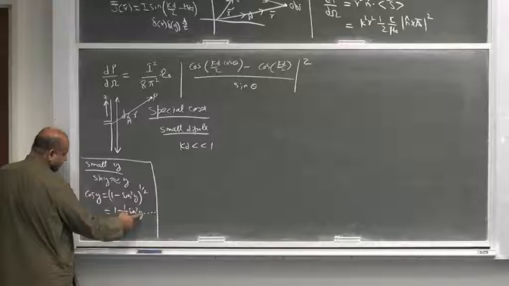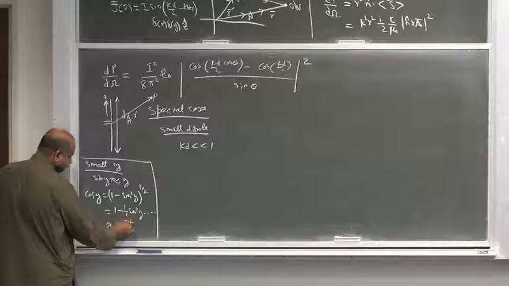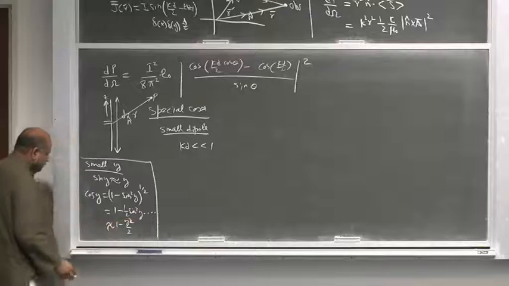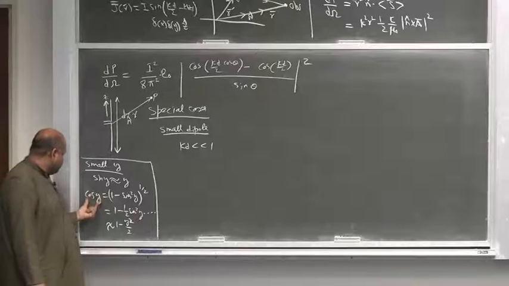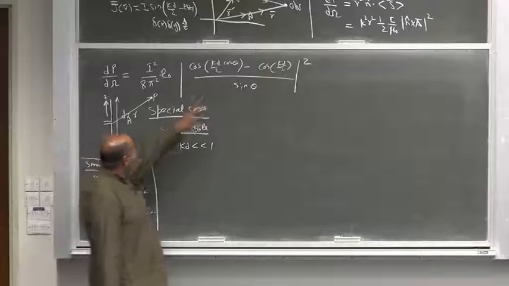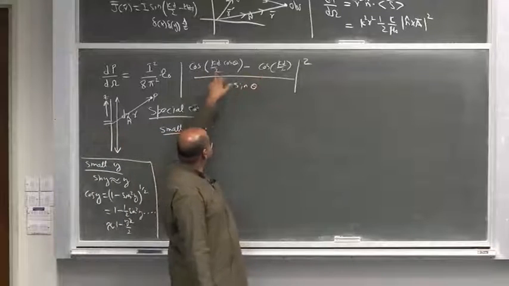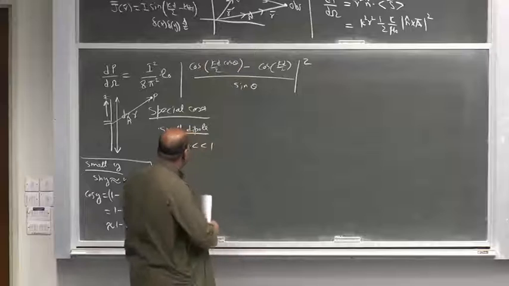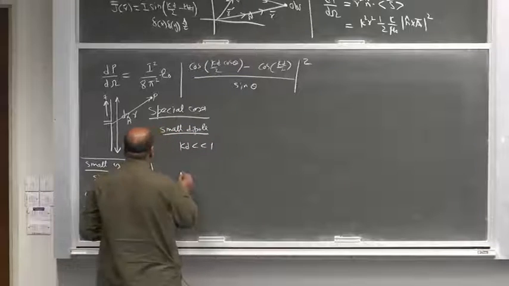So this sine y can be approximated with y, so this is y square. So for small argument, cosine can be approximated with this thing. So if you make the approximation here, 1 cancels with 1, and if you combine the rest,